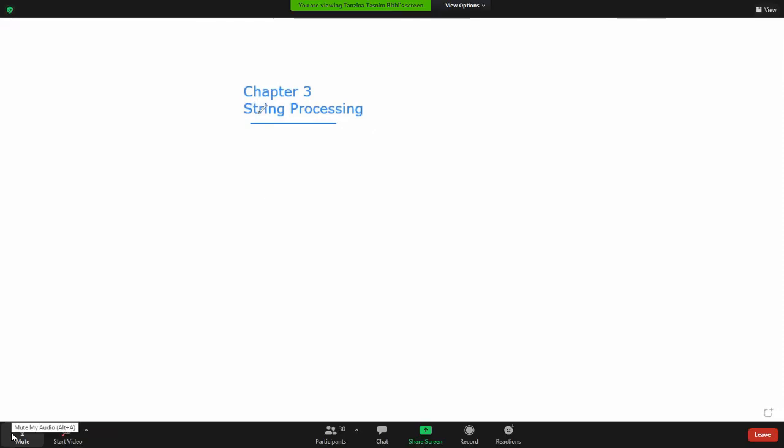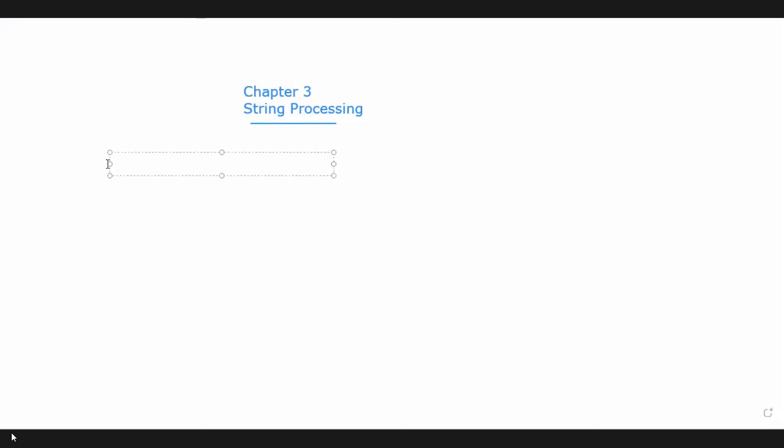So what is a string? It's a collection of characters. And we know that each programming language has its own character set. So what is a character set? ASCII codes.